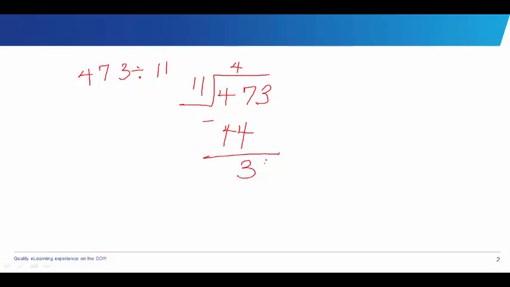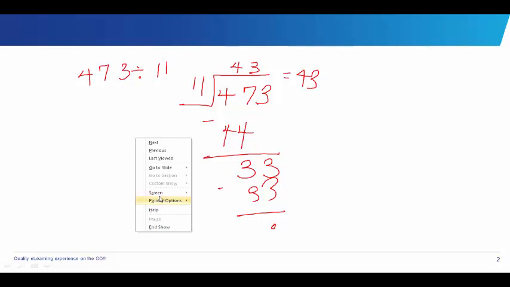Now bring down this 3. So what number? 33 divided by 11. What number? We have 3. So 3 times 11 will give us 33. When you subtract, you have 0. That means we are done. So the answer is 43. Okay. So this is the basic principle for division. Now the next thing we'll go to will now be